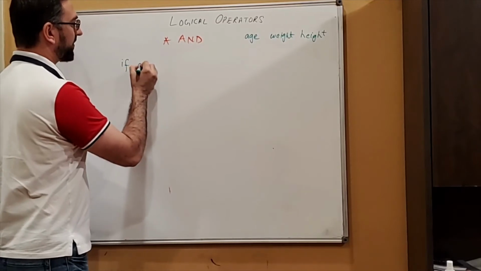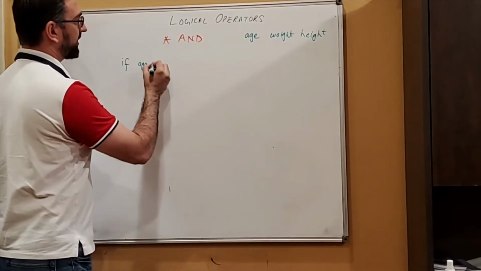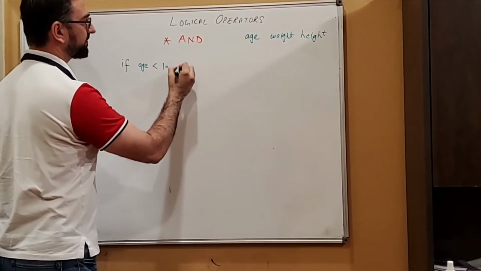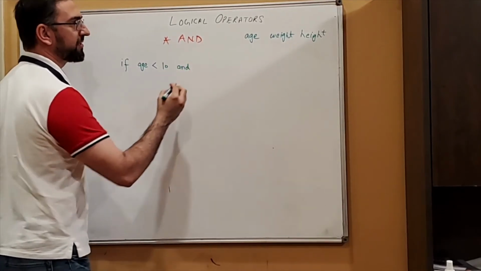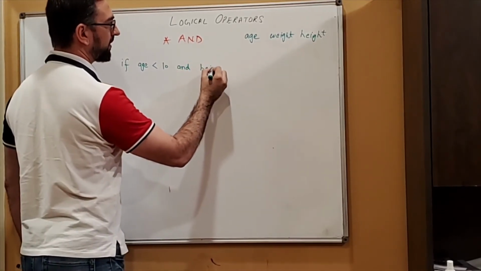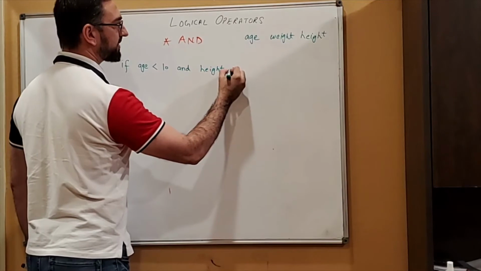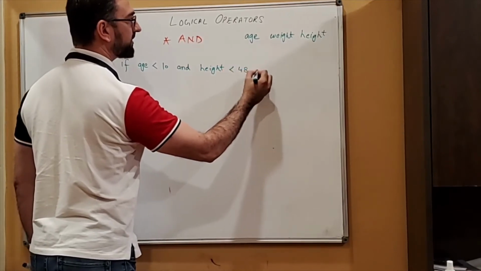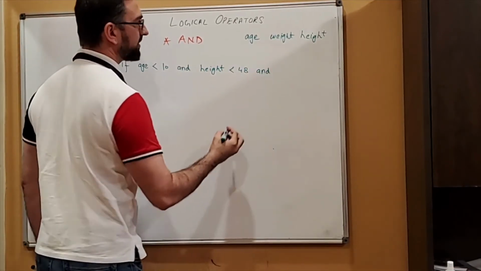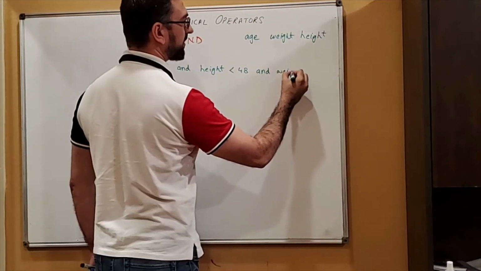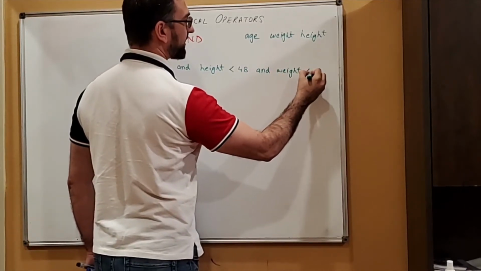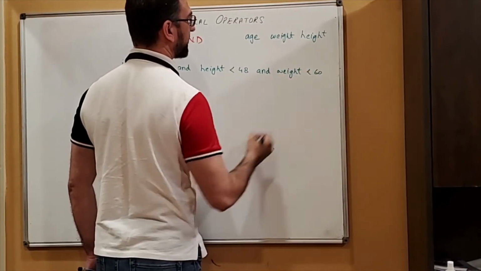So if age is less than 10 and height is less than 48 and weight is less than 60,